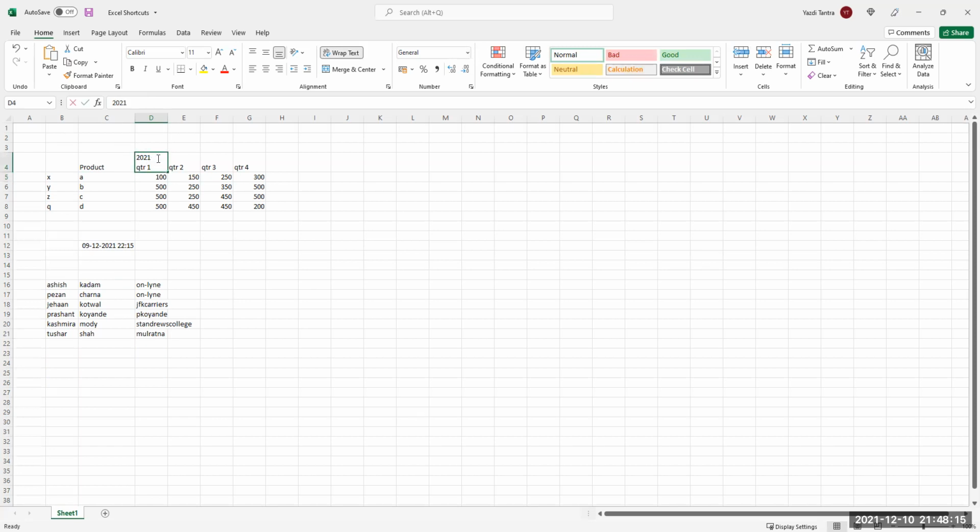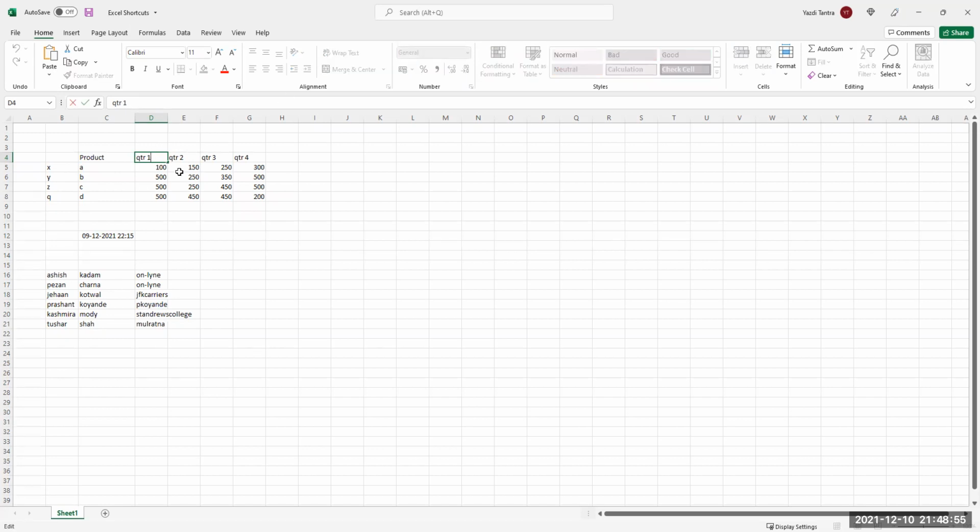So basically, wrap text is when the text is continuous and you want it all in one cell. But here you deliberately want to break at 2021. You understand? And then of course, you can always copy it, like you can drag and copy it, and automatically, this is not coming the way you want it. Then you have to format paint or something. So this is fine. Are we clear on this?